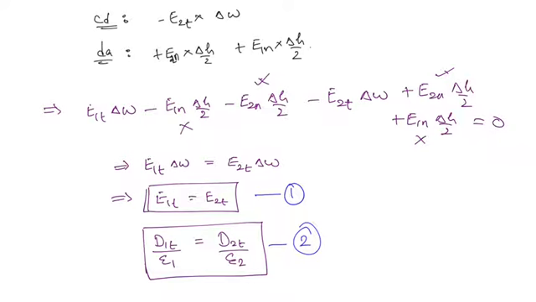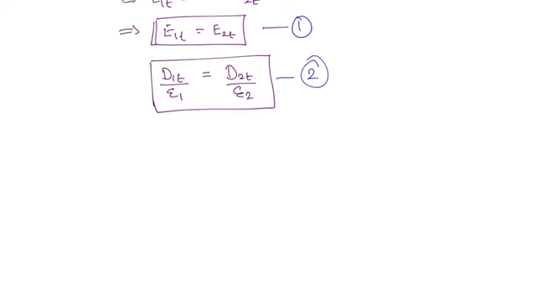Okay, so we can see that E1t and E2t are the same, right? The tangential component of the electric field is not changing. So we can say that the electric field is continuous at the boundary, but the same is not the case for d1t, the electric flux density. It is changing at the boundary. The flux density is going to change. Now we will see what will happen to the normal component.